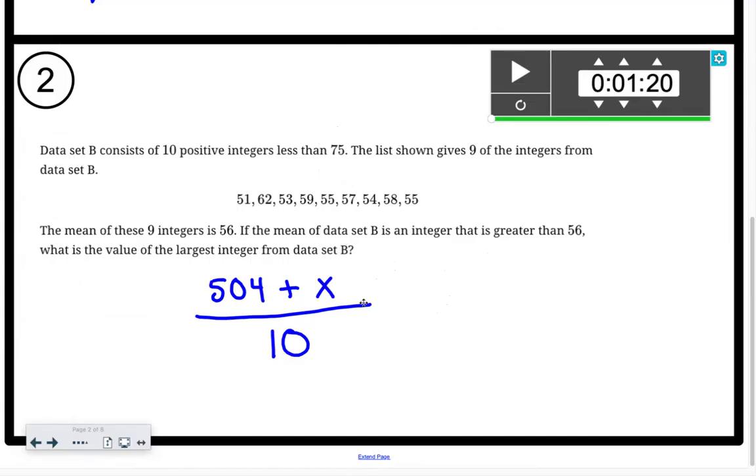And the other thing is that we have to find what the largest integer is. So it's probably the integer we're adding, right? We're going to just add a number bigger than 62. So basically, we need the largest integer such that when we divide these, it's greater than 56, but the number that we're adding is less than 75. This is interesting. I think what I would do is,